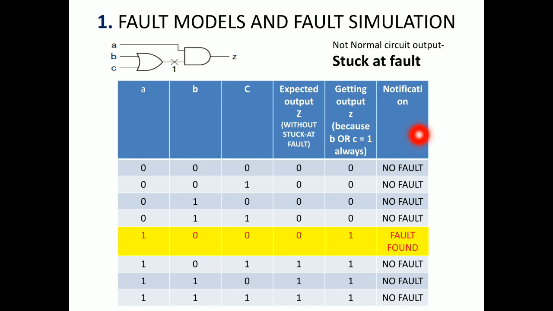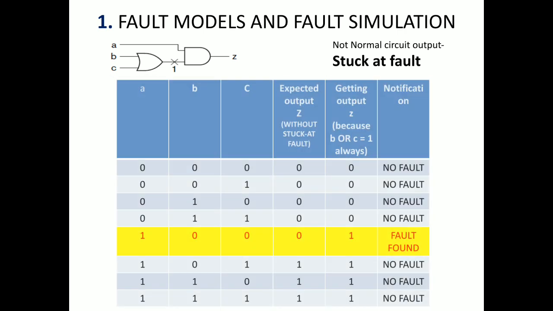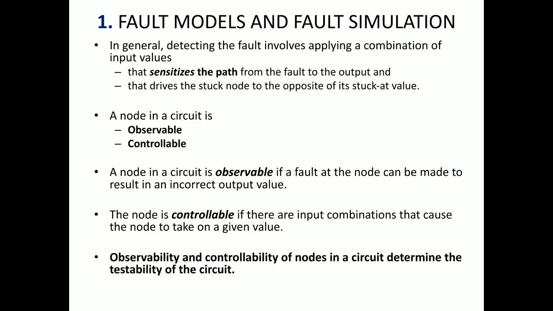So the fault model will identify that we are getting a wrong output and record that a fault is found. Similarly, you can see that for other combinations we get the correct output. Only for the 0 0 combination the output should be 0, but because of stuck-at 1 we are getting one wrong output. This is how the fault model identifies the wrong value, records fault found, and gives the exact location and exact combination. That is about a fault model.